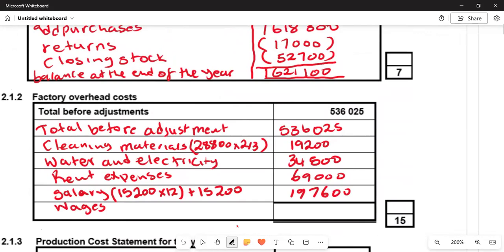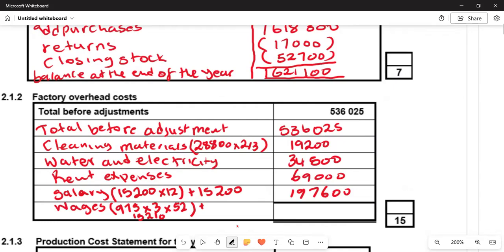So we are going to say they are 3, so 975 multiplied by 3, also multiplied by 52 because there are 52 weeks in a year. Get that straight. This will amount to 152,100. Then we are going to add